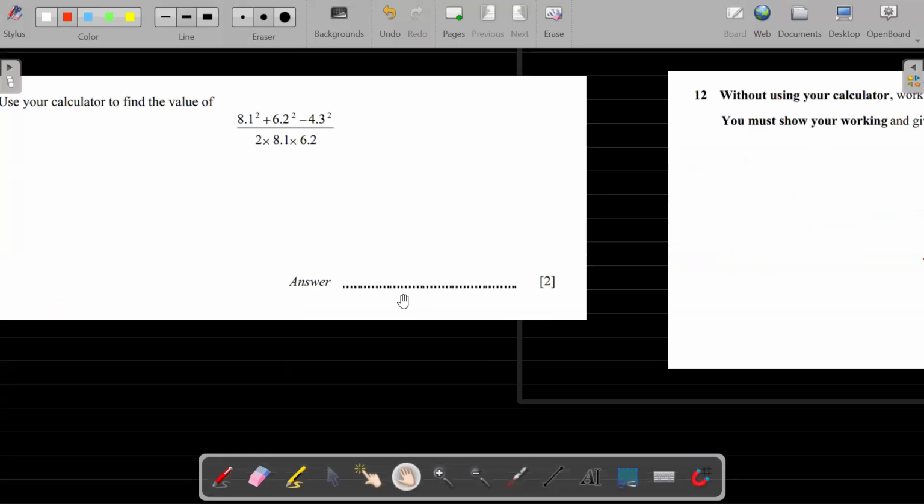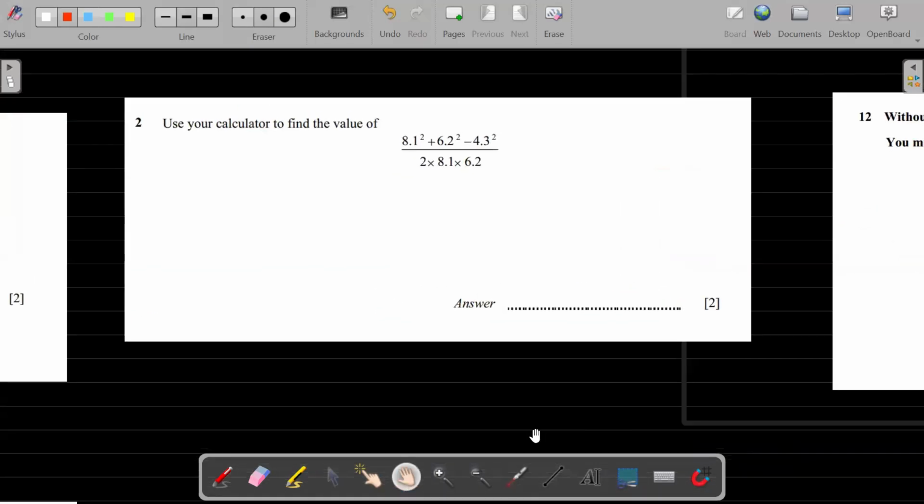Next question is, we need to use a calculator to figure out this value. So let's do it. 8.1 whole square is 65.61 plus 6.2 whole square is 38.44 minus 4.3 square is 18.49 over, multiply them all, 2 times 8.1 times 6.2,